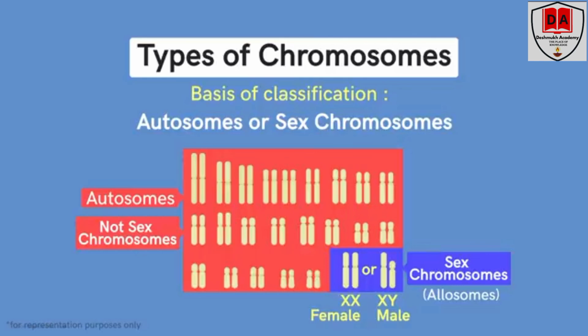The others, which are from 1st to the 22nd pair, are not the sex chromosomes. This makes them the autosomes. Both contain genes that code for proteins which make up our body. Now that we've understood the various types of chromosomes,